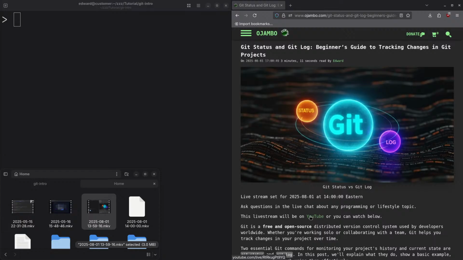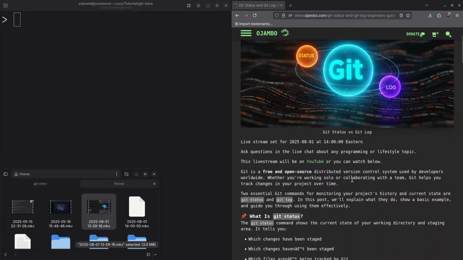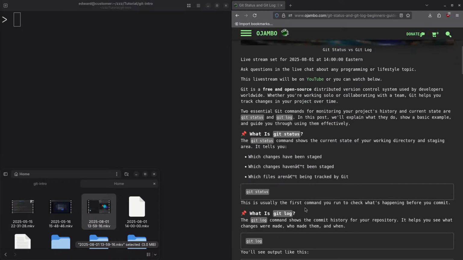Okay, with that out of the way, if you don't know what Git is, it's a free and open source distributed version control system used by developers worldwide. Whether you're working solo or collaborating with a team, Git allows you to track changes in your project over time. Two essential Git commands for monitoring your project's history and current state are Git status and Git log. In this tutorial, I will explain what they do, show basic examples, and guide you through them